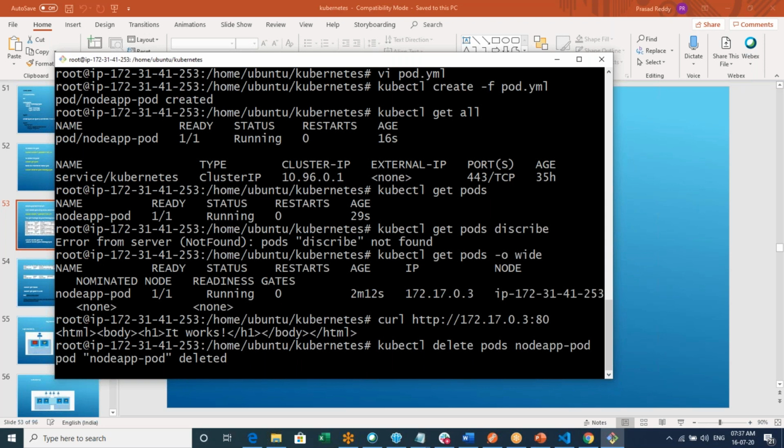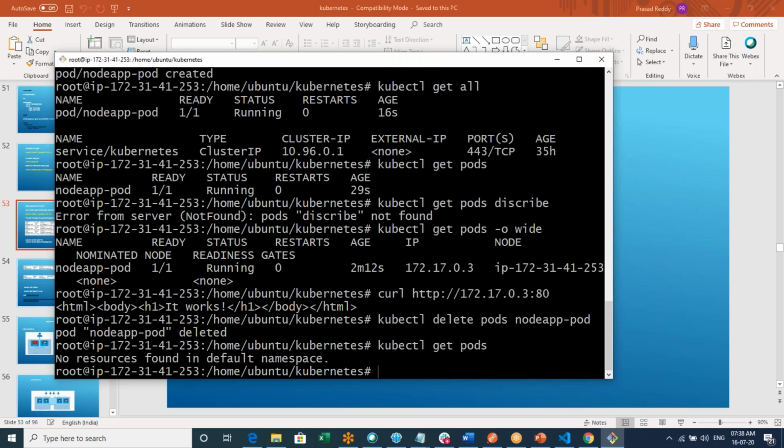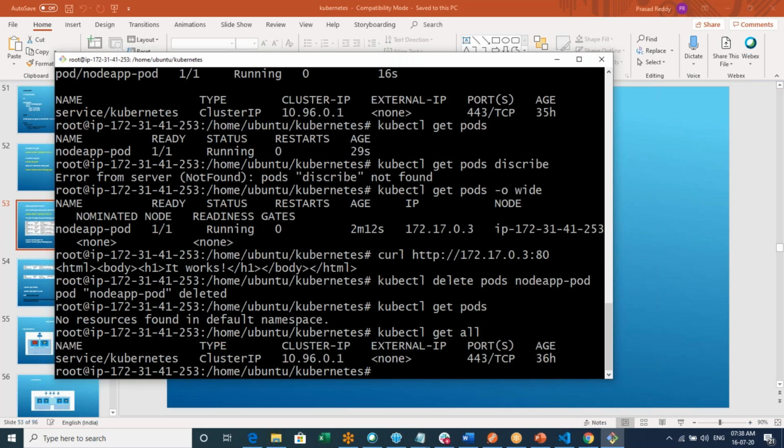Okay, this is deleted now, but practically you don't delete anything. You are not supposed to delete. Get pods, I can say like this. No resources found in the default namespace. You can also verify all. Now you'll see only the cluster IP related one, but no pods available. This is how we can create a pod.